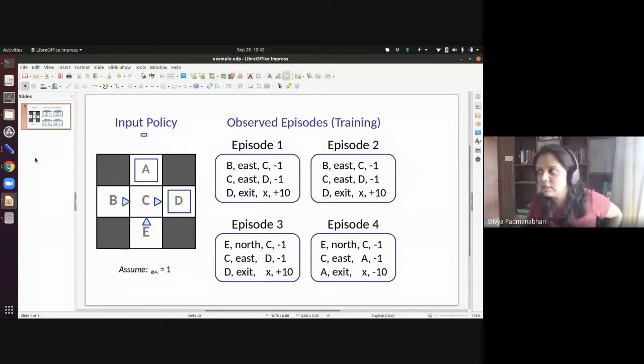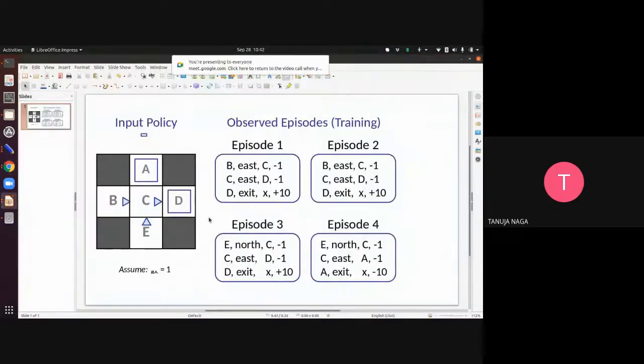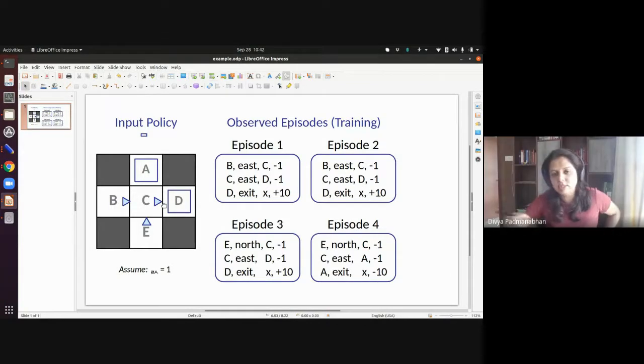So Tanuja, you were saying something. Do we know that such a state is a terminal state when we enter it? Like if I'm at C and if I head to right, I'll be in D, which is the terminal state. Then will I get to know that it is a terminal state or not? You will get to know once you exit. Once you are at D, only then you will know that this is a terminal state, because the only option at D would be to exit, and only then you will know.